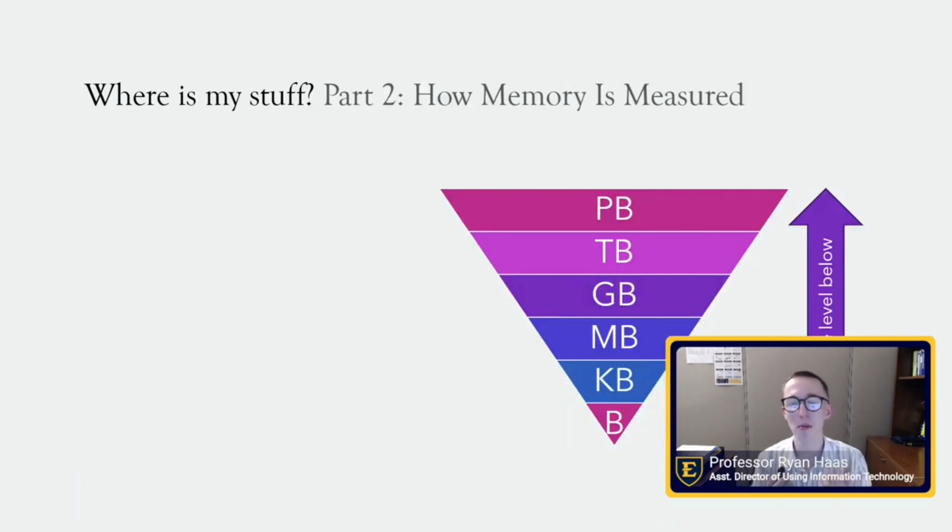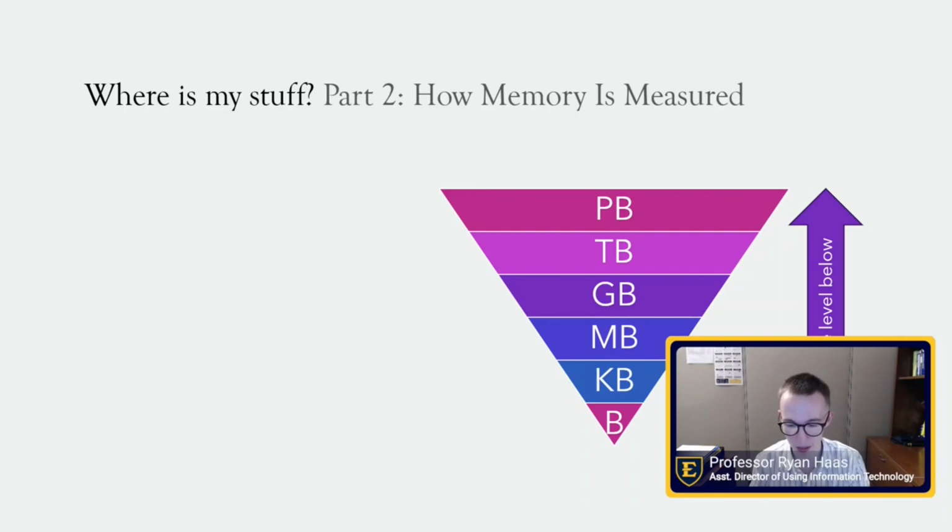So how is memory measured? I've thrown out things like 8 gigabytes and 16 gigabytes, but we need to actually understand a little bit about storage capacity. So storage on a fundamental level comes down to the bit. A bit is either a 0 or a 1. When you think about a wave, we can only really represent 2 states in a machine, and that's a 0 or a 1.